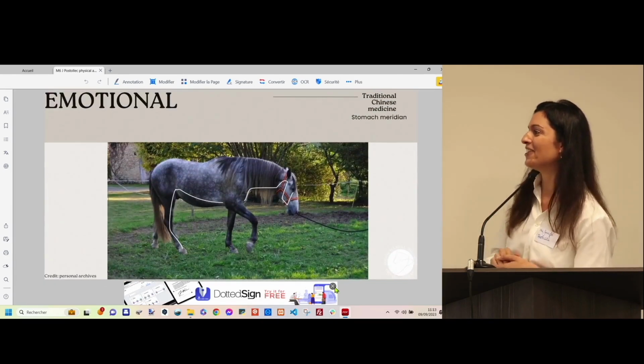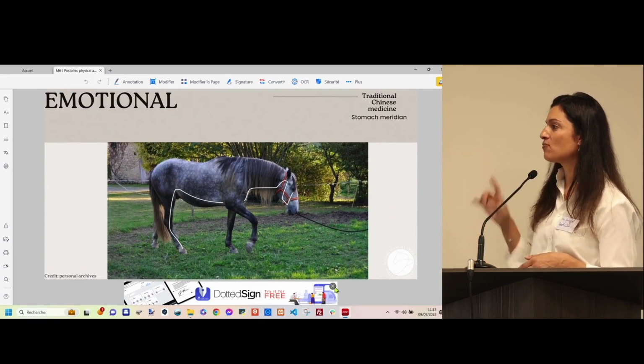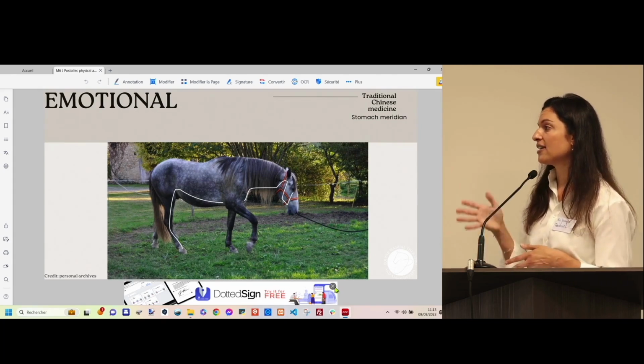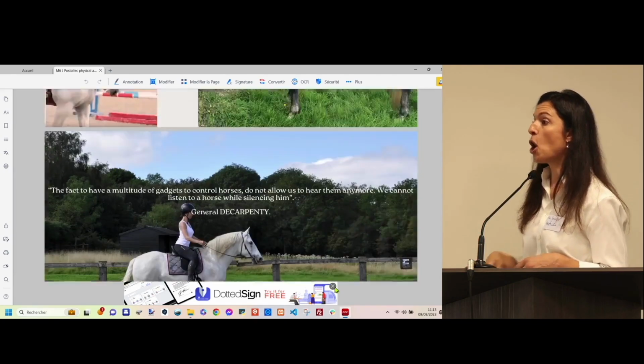Everything which is related to the mouth is related to the stomach, and the emotion associated is anxiety. So if a horse,